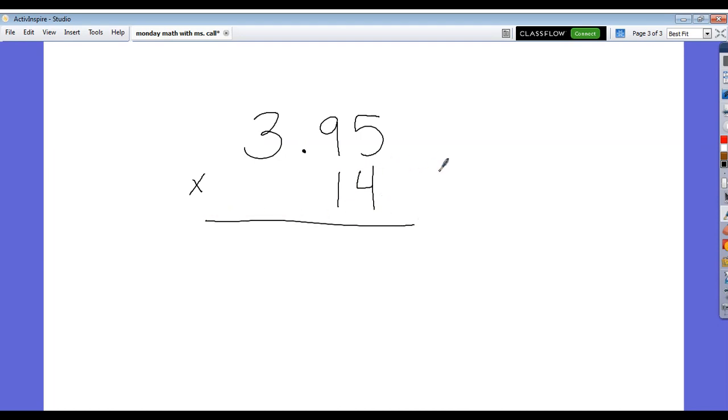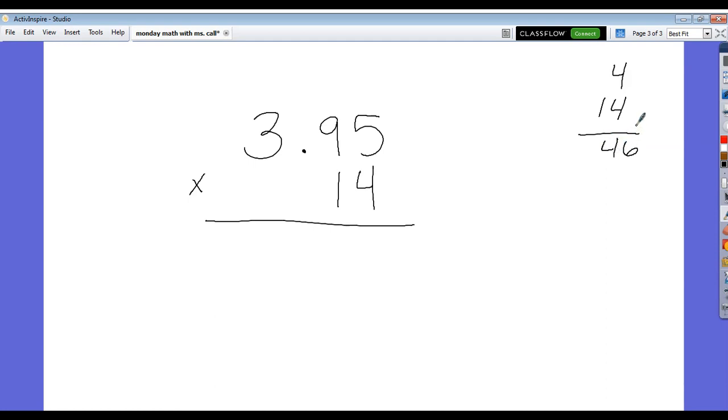All right, so again, I'm going to just multiply like that. The decimal does not exist. But if I wanted to give an estimate, 3 and 95 hundredths is about 4. And then 14, I can just keep at 14 if you want. If you don't know this fact in your head, you could round it to 15. But when I do this, I'm going to get